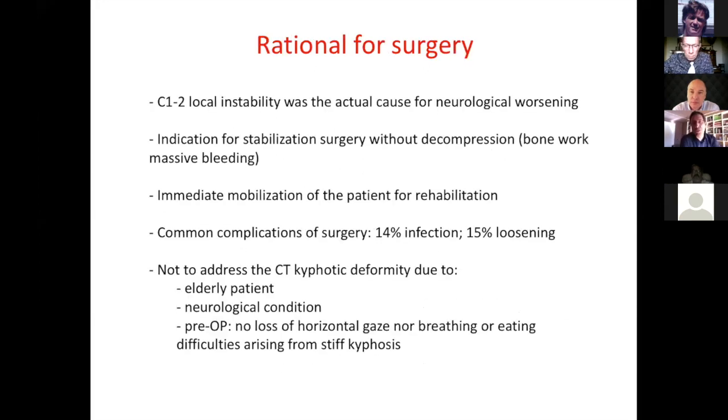What was the rationale for surgery? C1 local instability was the cause for neuro worsening, had to be tackled without any need for decompression. And we know that sometimes bone work in these patients cause a massive bleeding. And this would allow immediate mobilization of the patient for rehabilitation, although we know the complications of surgery, 40% infection,